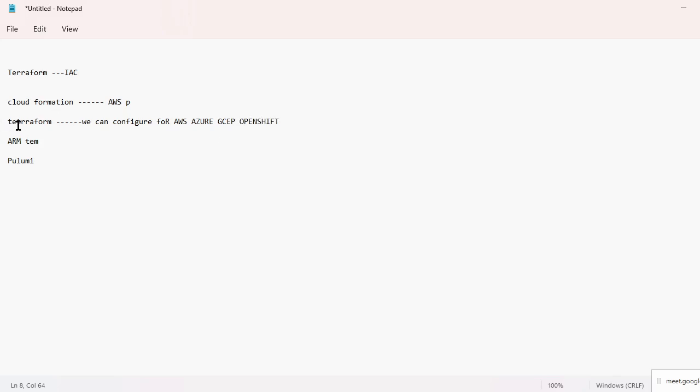We can use Terraform to write the script to execute the resources. ARM templates is only for Azure cloud.